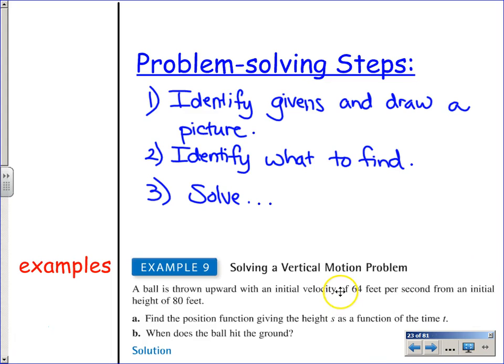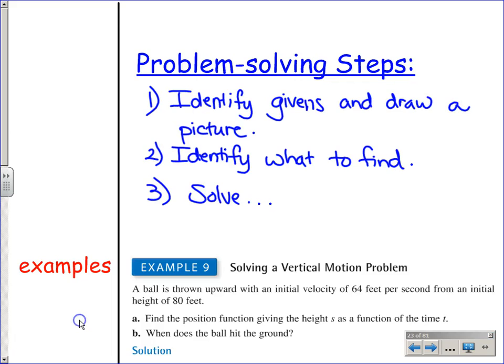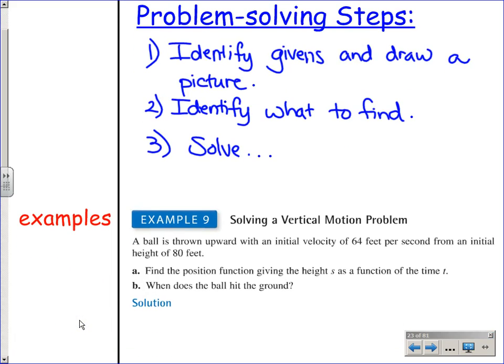Okay. As you guys are checking out just the basics of word problemming. Word problemming? Yes, I just made that a verb. Okay, let's check out what we've got below. A vertical motion problem. Something's going up, down. Cool. A ball is thrown up, not thrown up as in at a curve, but literally thrown straight up. Remember, we're doing one-dimensional motion. With an initial velocity of 64 feet per second from an initial height of 80 feet. Hey, they're giving us all those constant things.